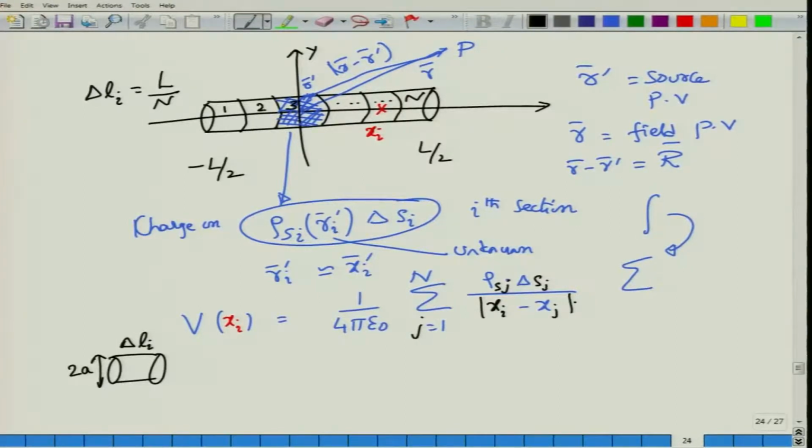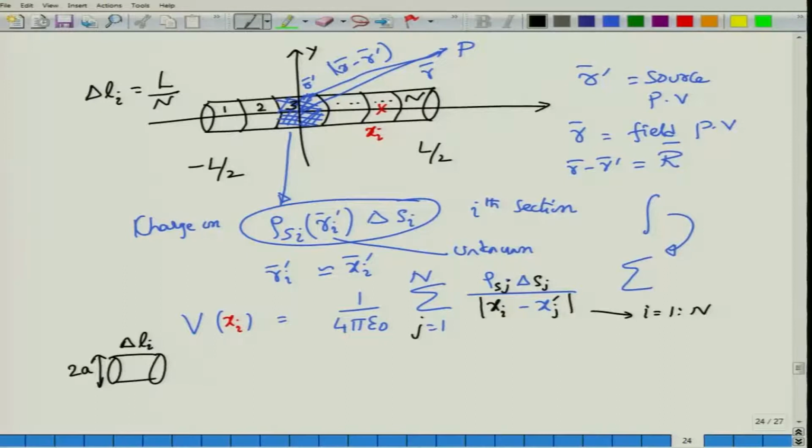I don't need to put a prime over here, or maybe if I want I can always put a prime there. Of course, if I put the prime here, I should put a prime on delta s_j and rho s_j as well, but I will not put those primes so as not to confuse all of us. But it is very important to note that this particular expression will be evaluated at a constant x_i, that is on a particular ith section. Of course this i itself has to go from 1 to n. So let us actually write it down completely.